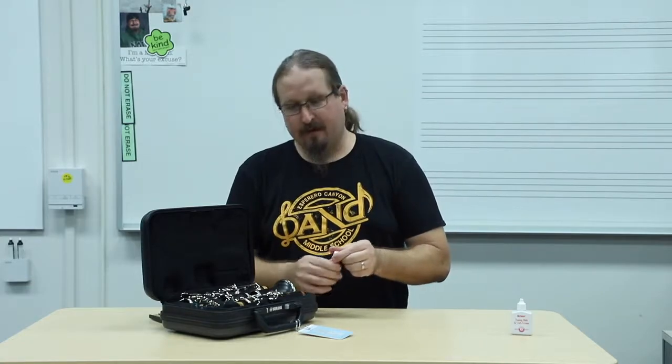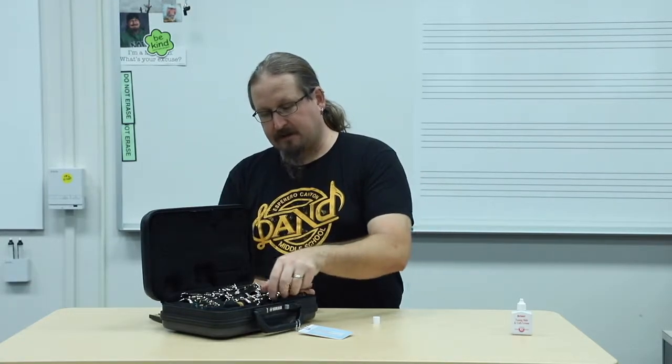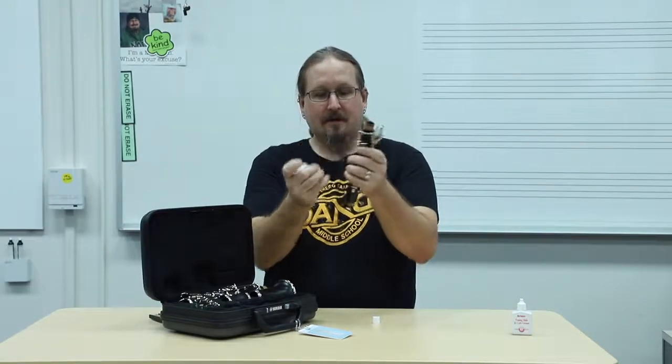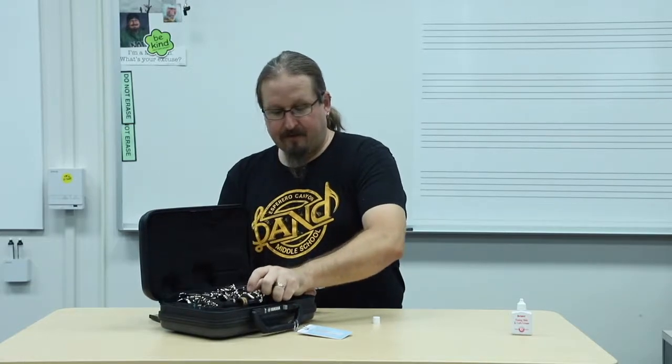Now, before we put the instrument together, if you have a brand new clarinet especially, you need to have some cork grease. There are different types of cork grease, okay? But it's very important we have some cork grease. All of the corks on the instrument, and there are four parts, you need to rub a little bit of cork grease on, rub it in with your fingers, and for about the first 3 weeks on a brand new clarinet, you need to do just a little bit daily. Not a ton, it shouldn't be goopy, but when the corks are brand new, they're kind of thick, they're kind of hard to put the instrument together. So a little bit of cork grease every day eventually starts to get into that cork,